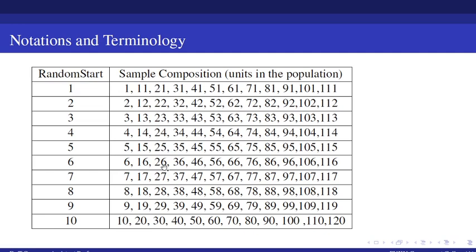Let us look at this. This is the first stratum. Suppose here we have 12 strata. This is our first stratum, this is our second stratum, this is our third stratum. So in the first stratum 1 unit is selected, in the second stratum 1 unit is selected. So it is similar to the stratified random sampling technique.